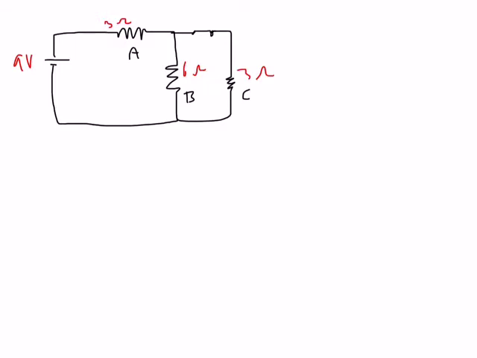So, to know the current through A, since A is in series with a battery, that's the same as asking what's the current that comes out of the battery. And if we want to know the current that comes out of the battery, we need to know the total equivalent resistance of the circuit. So the first thing I see when I want to do that is that these two are